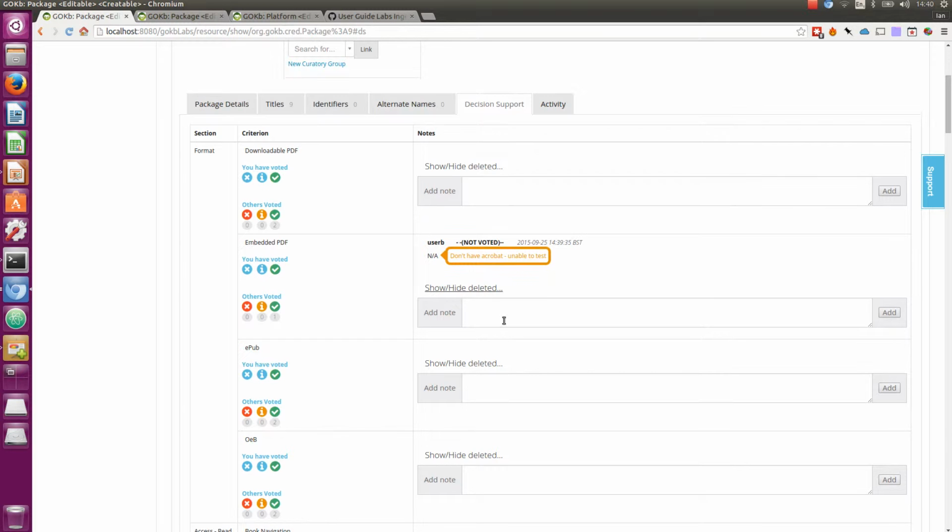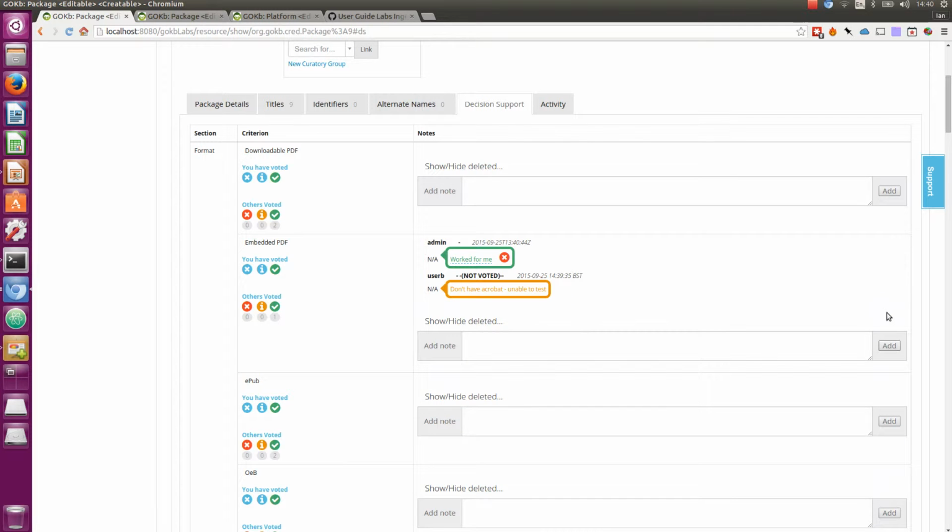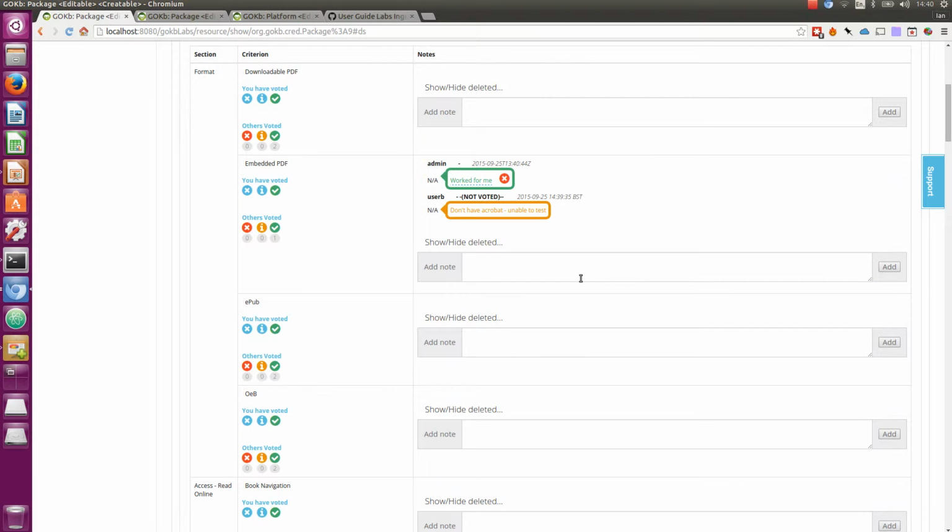What we've also got is a way to let comments bubble to the top. So here we've got something that says user B didn't vote, but they've made a comment, so that's quite useful. Worked for me. There we go. Okay, so you can see how we start to be able to have conversations about these things. And